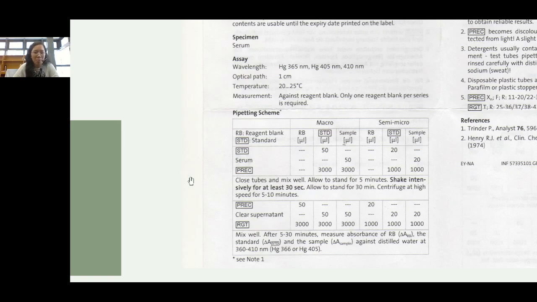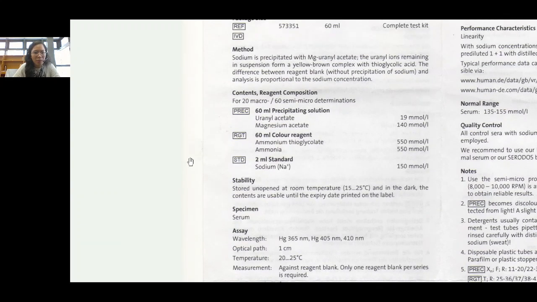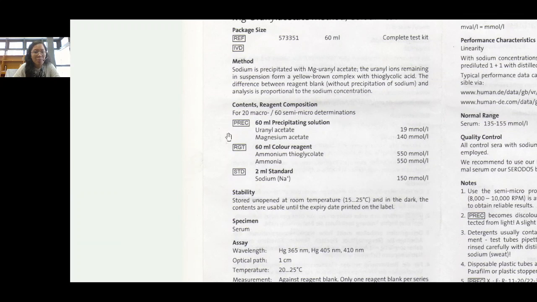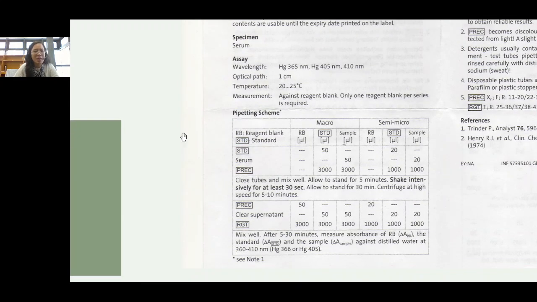And this is now your pipetting scheme. As you can see here in the pipetting scheme, kids, it is somewhat laborious in the sense that you need to precipitate at the beginning. As you can see here, there is prec. Take note that prec stands for your precipitating solution. So the first thing to do is precipitation, after which you add your color